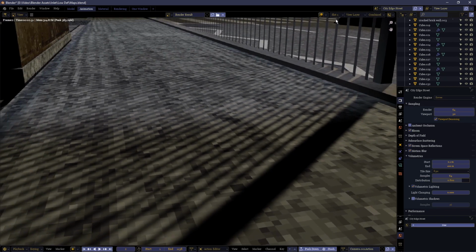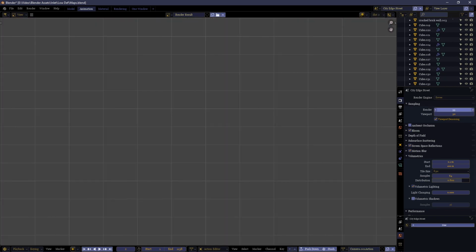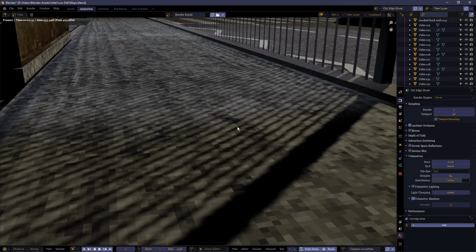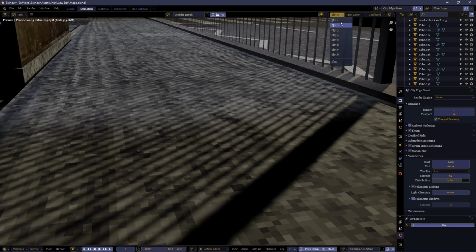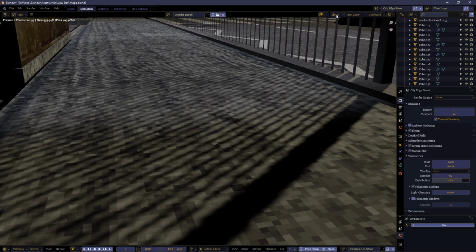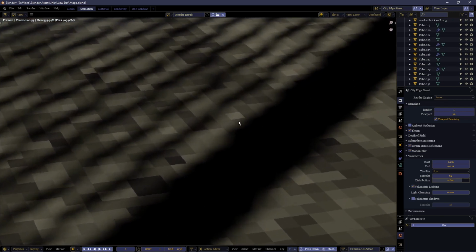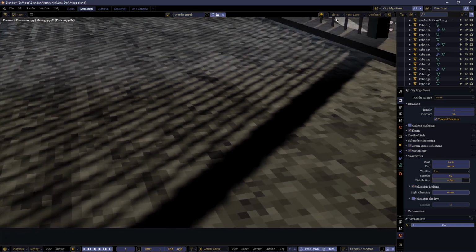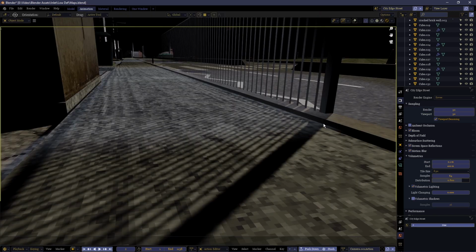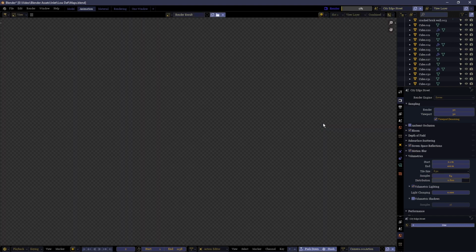But you can also put it down very low. The lowest we can put it is 1 sample. See here it renders almost instantly. By selecting a slot here, you can easily switch between different render previews and see in the corner here how much time it took to render each scene. So from 3 seconds to half a second, that's quite a decrease in render times. But as you can see, the shadow has become jagged as a result. It's down to you to find a middle ground for what looks good but doesn't take too much time.